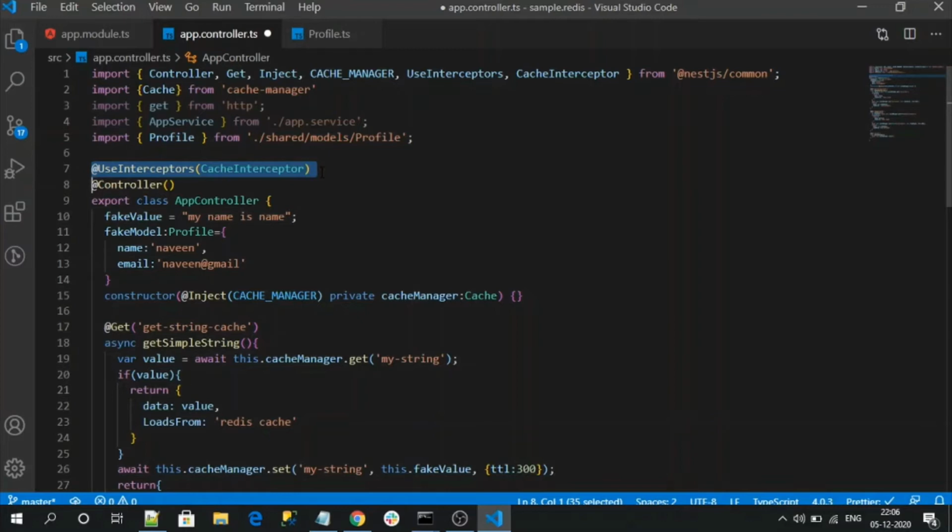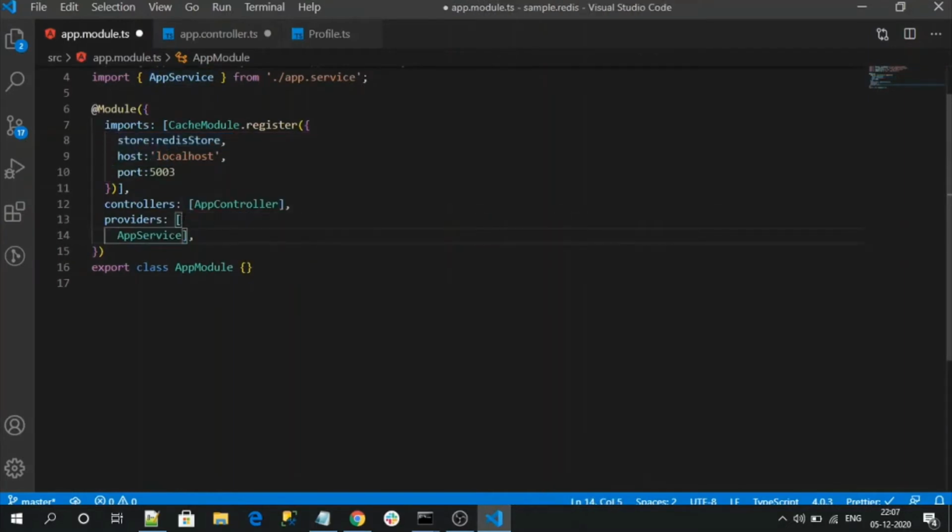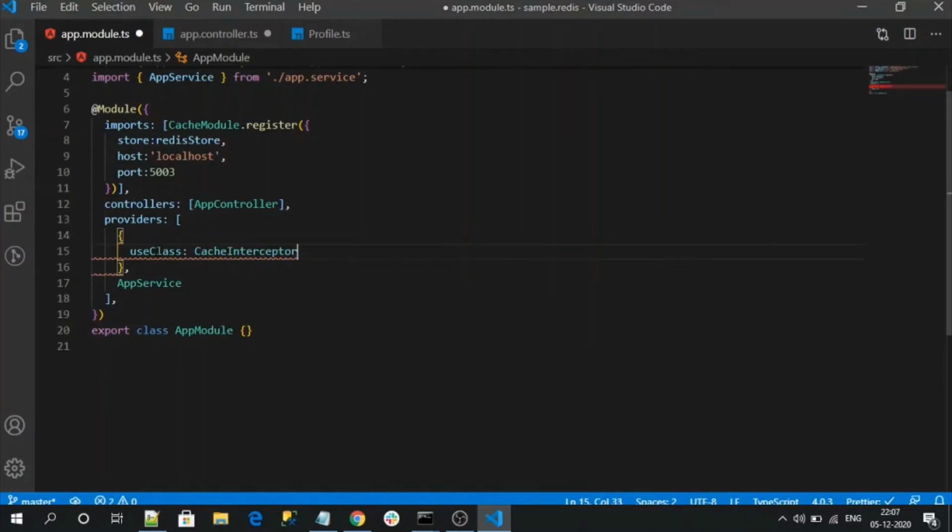automatic response cache is enabled for our application. But we need to import this cache interceptor provider into our providers array in the app module. So let's do that inside the providers. Here I need to give useClass as CacheInterceptor.